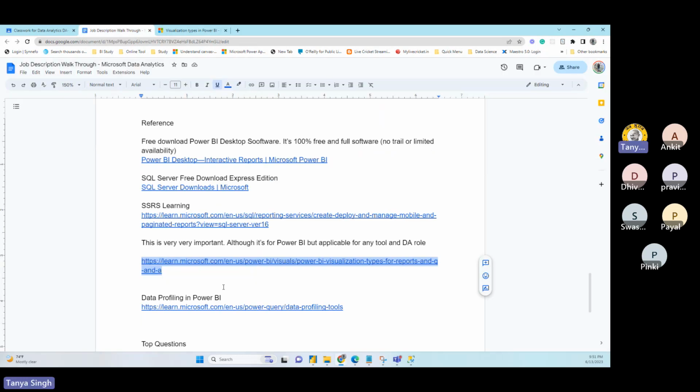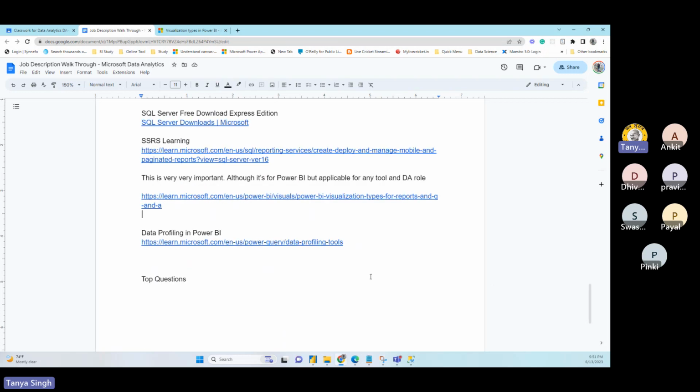So this is very important. Go through it, and not just one time. You need to go multiple times, so that you will fully understand which scenario, which kind of reports can be used. And later you can learn how to develop those visuals. But at this point, for interview purposes, you only need to know which visual is suitable in which scenario and what the use case is for those visuals. That's the only thing you need to learn at this stage to crack your interview, right?